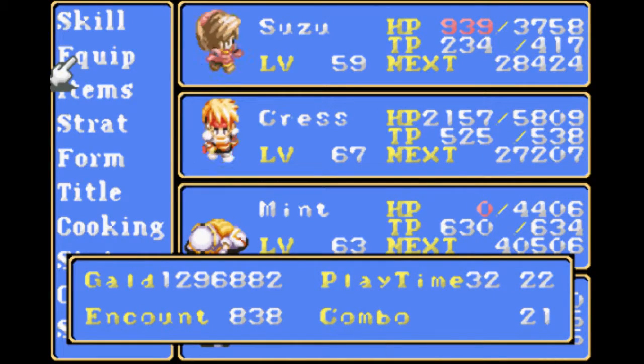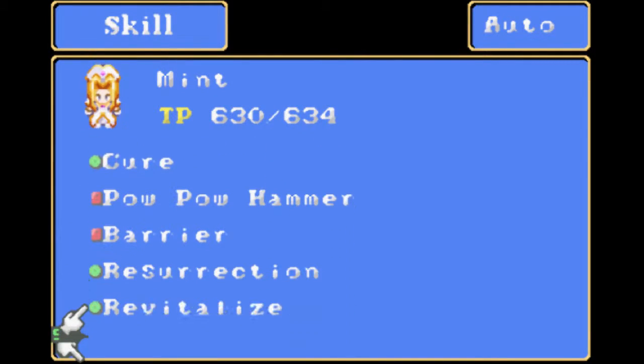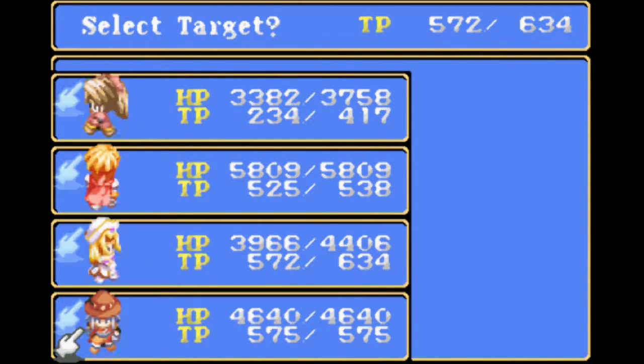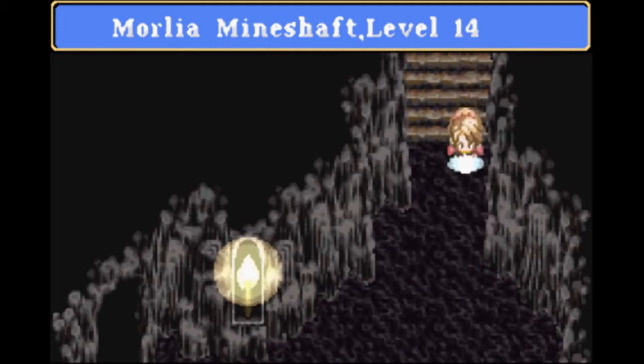And let's resurrect everyone. Actually, we're just going to use life bottle on Mint, and then we're going to have her do the resurrection, because otherwise we're kind of screwed. And revitalize. Didn't fully heal Mint, but that's okay. We can deal with this. A flare bottle we can't carry anymore. That's okay as well. We're now down to level 14,